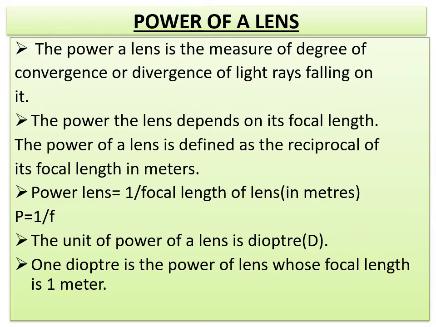The power of a lens can be measured directly by using an instrument called a dioptrimeter. It is used by opticians to measure the power of spectacle lenses. We have seen that whenever we go to an ophthalmologist, they write down some power. Who will give the specs for you? The opticians will give the specs so that they measure the lens power, and then accordingly they design the spectacle, depending on whether your power has increased or decreased, and give it to you.